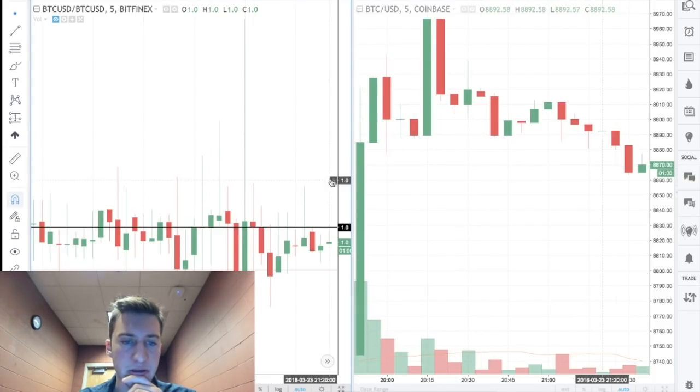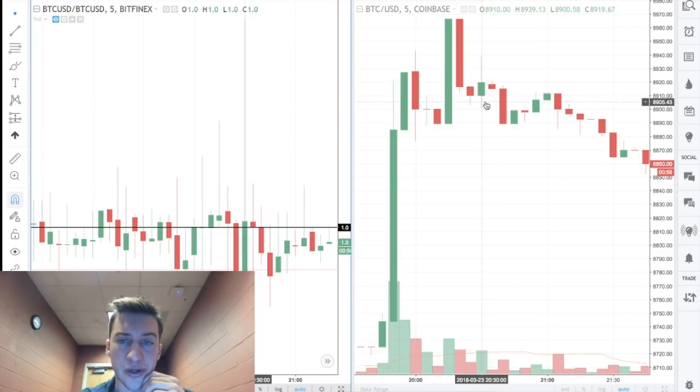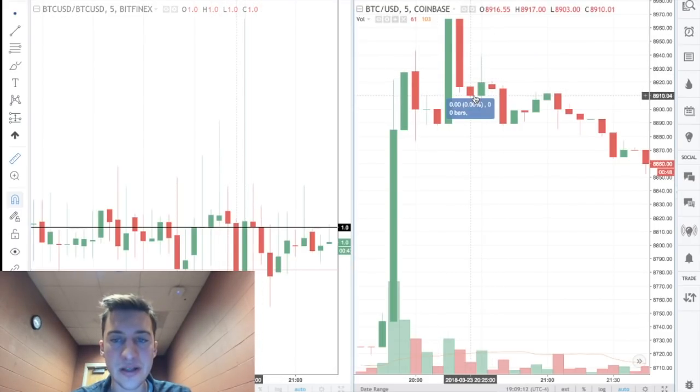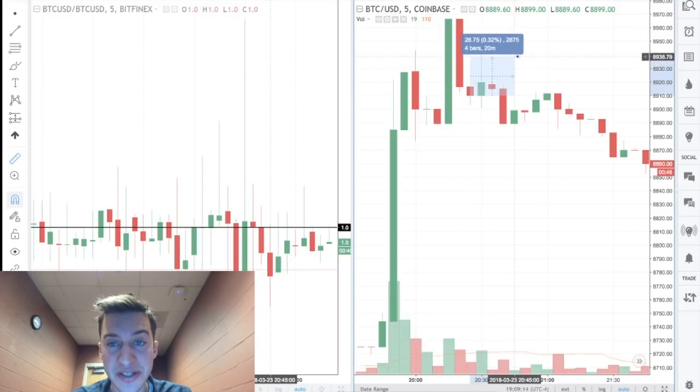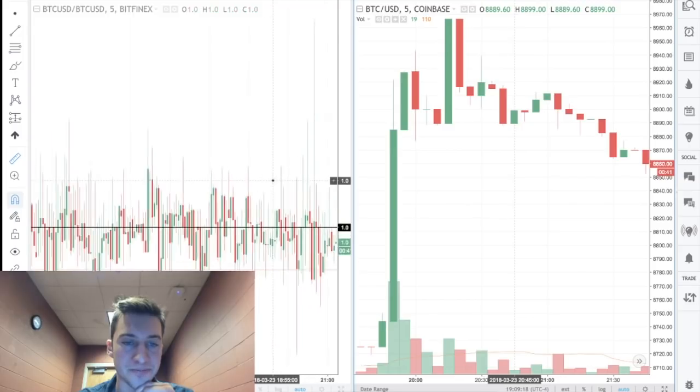Yep, so it's right here, and you can see that I have them overlaid on the same. This is not a fantastic example, but basically what had occurred here was price was actually trading here because this is the close. And then the Bitfinex rate had gone up very quickly, but the Coinbase rate had not. So if you had bought here, you maybe could have snuck out that little bit of profit, but again, maybe that one wouldn't have worked.